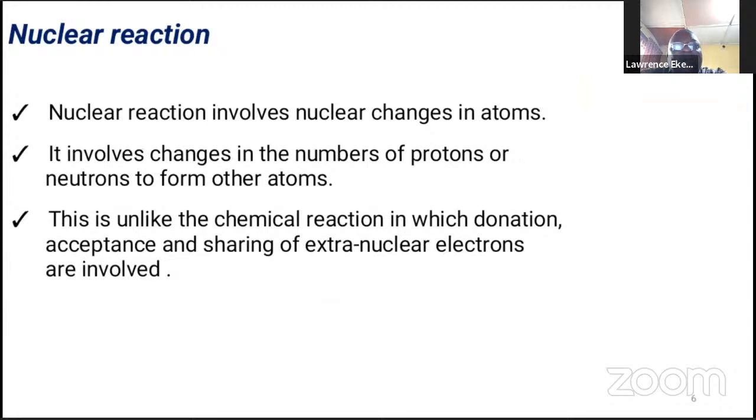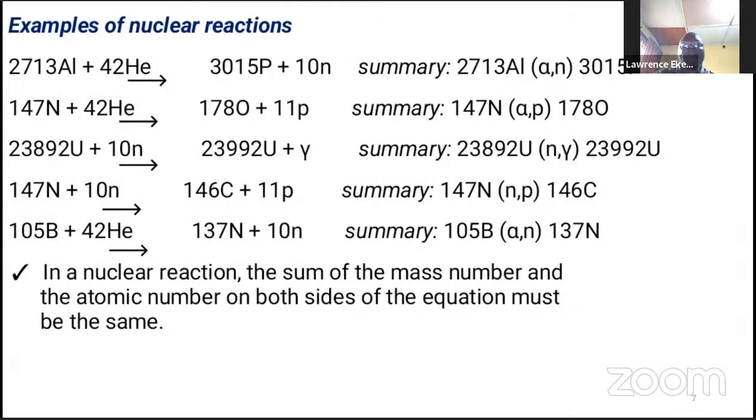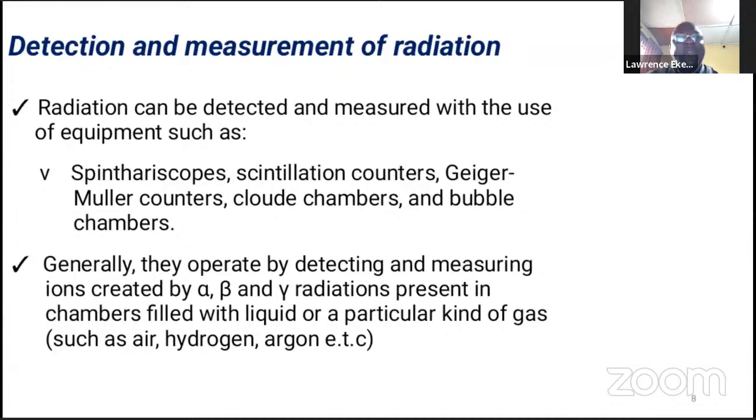Okay, so we've explained that nuclear reaction involves changes in the nucleus of an atom, which involve changes in the number of protons and neutrons. And we've also explained that it's different from our normal chemical reactions. You have a lot of examples that we've explained, and we've said that this one is also equally very important, that